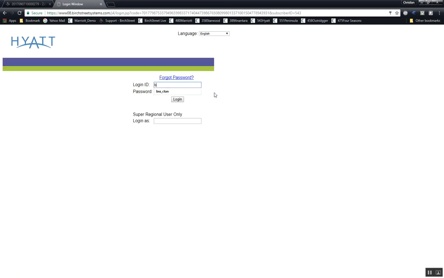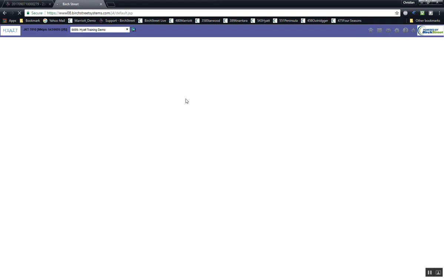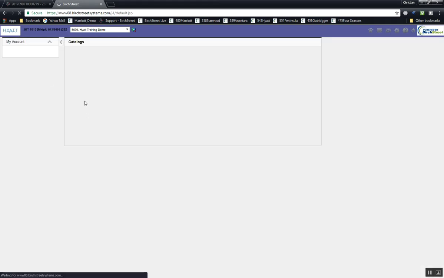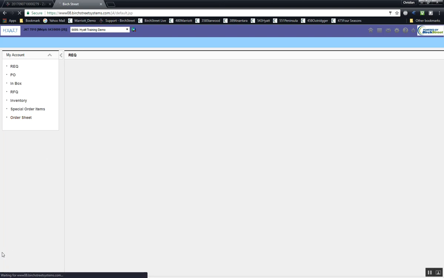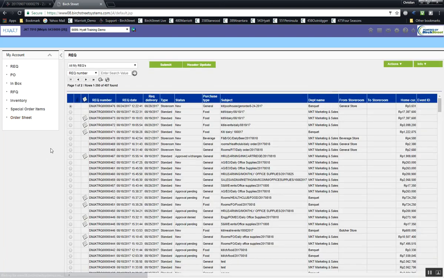And then we'll be using the same user, which is JKT7010. The password will be... so inside the system, you can see at this point, it will show the username, and then the marketplace 543